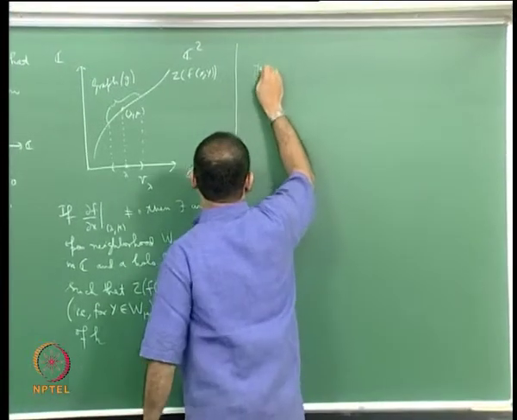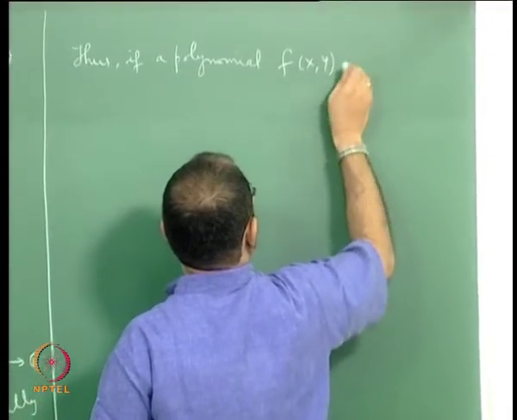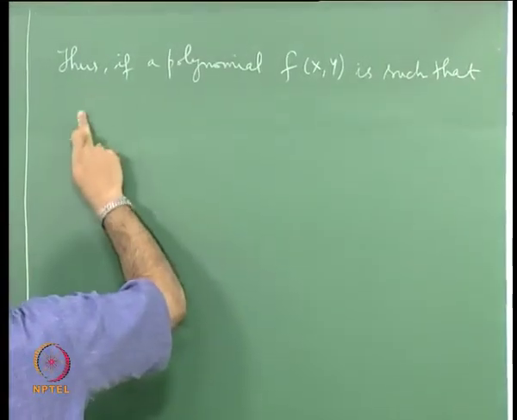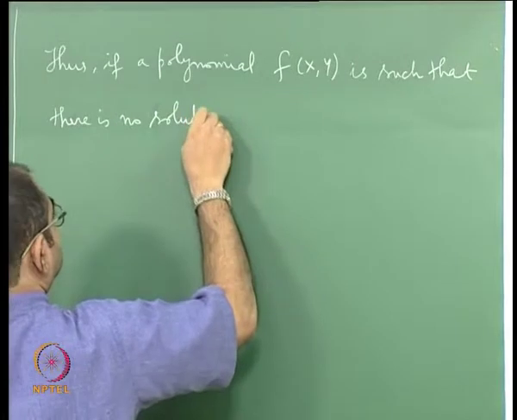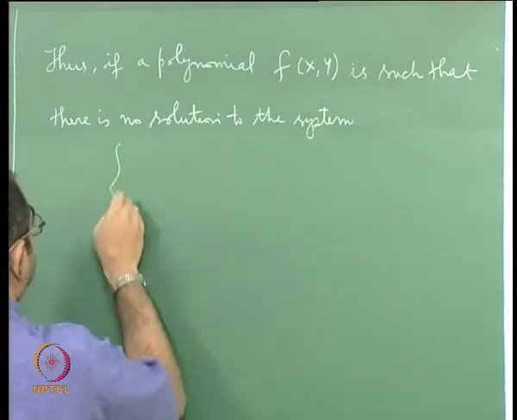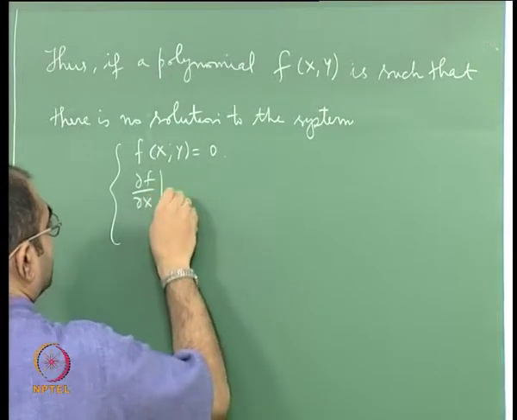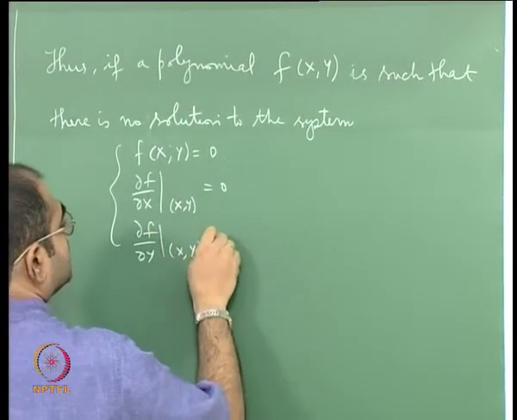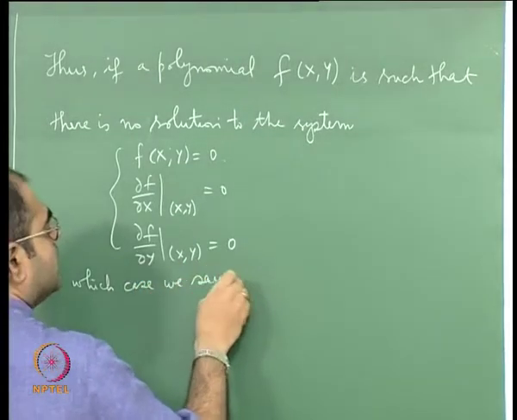So let me write that down. Thus, if a polynomial f(x, y) is such that there is no solution to the system f of x comma y equal to 0, dou f by dou x at x comma y equal to 0, dou f by dou y at x comma y equal to 0, in which case we say f is non-singular,